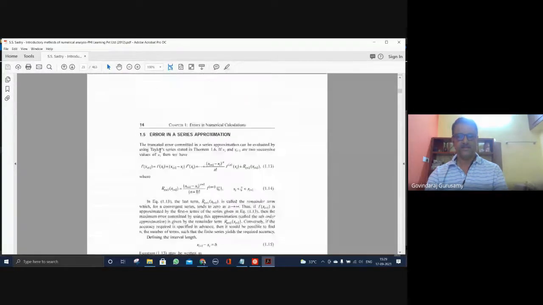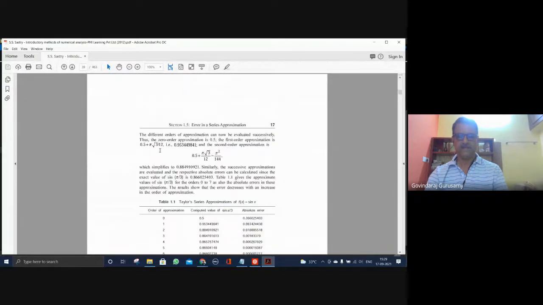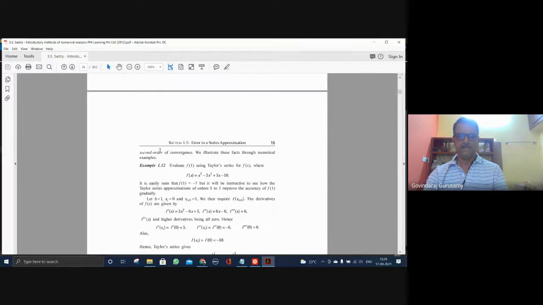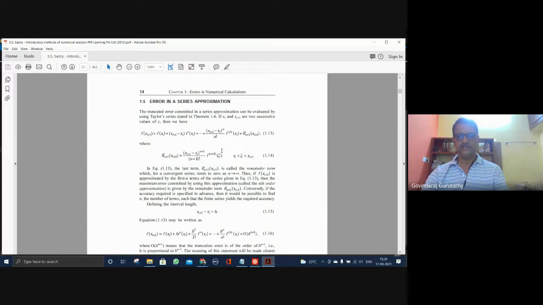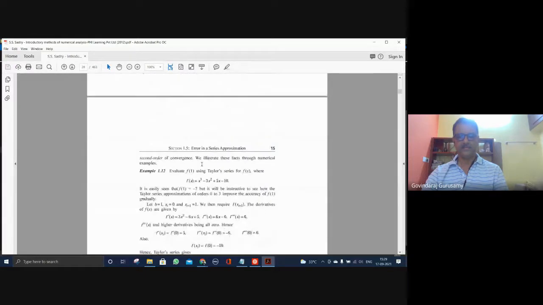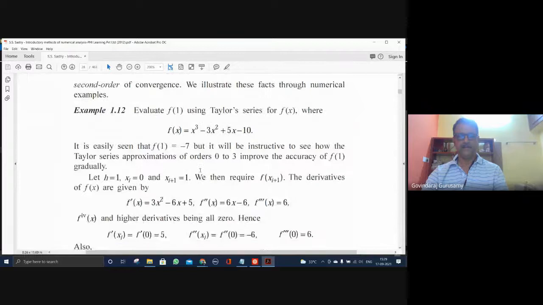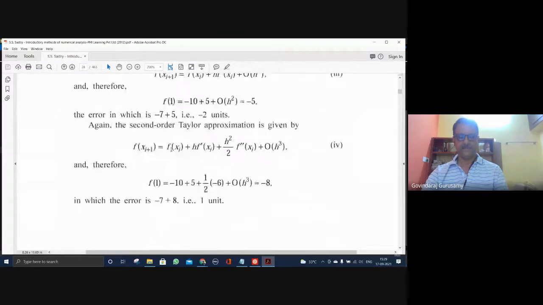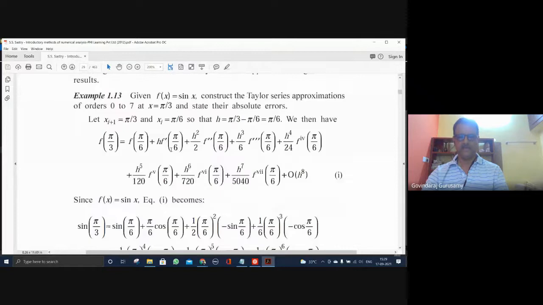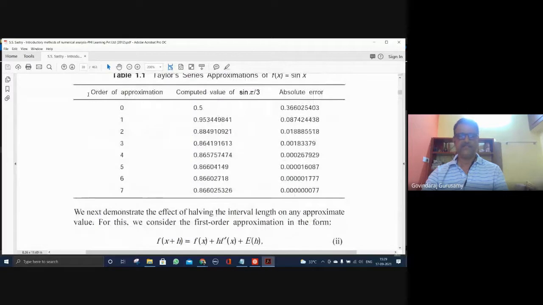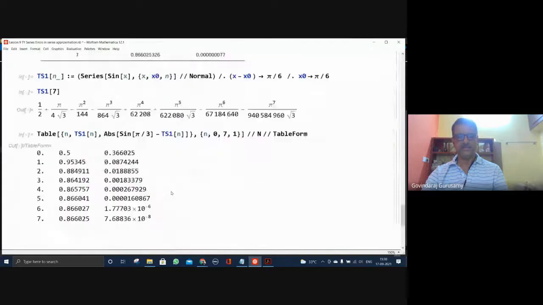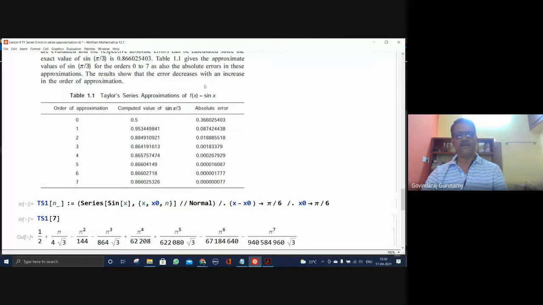And this is what has been given. This is the error in approximation. This is the general expression he has given, which he has used for this problem. This is the result which I have taken, and that has been reproduced and confirmed. Again, this is the problem he has given, and you can see the table he has given here. That can be copied there for your reference. It's available here.